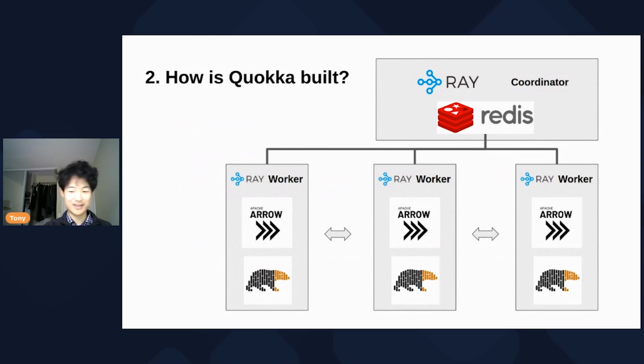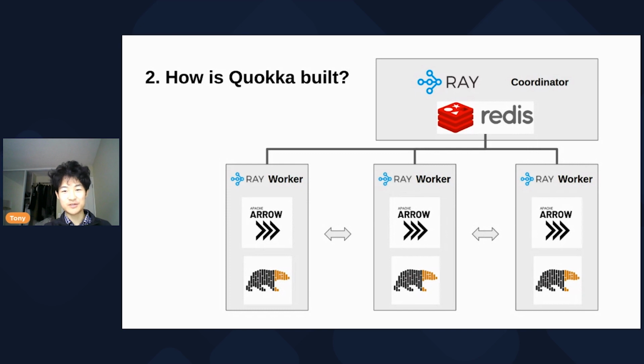I guess the most interesting thing about Quokka, and why I'm presenting at the PyData Global Conference, is to make a point about how easy it is to build something like this with the amazing tools that we already have in the open source Python community. For example, Quokka is completely built on top of open source Python projects like Ray, Apache Arrow, and Polars. I also use Redis and the Redis Python client